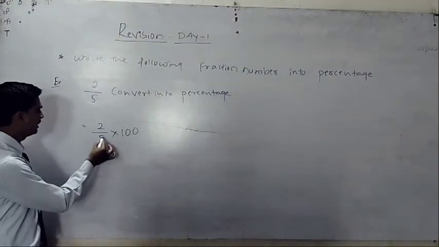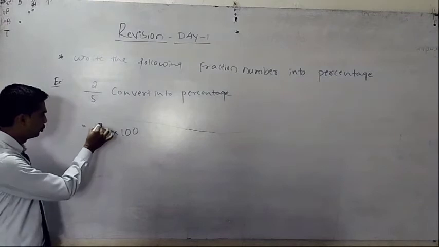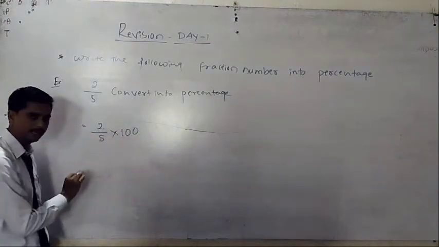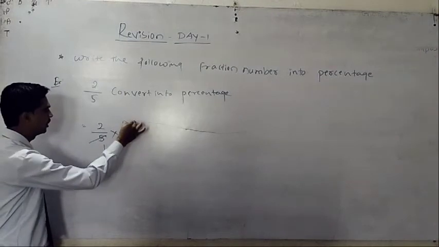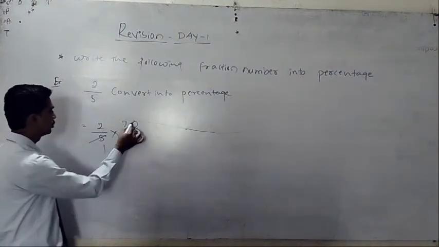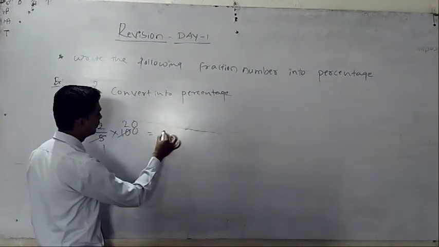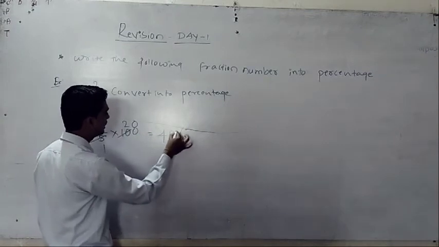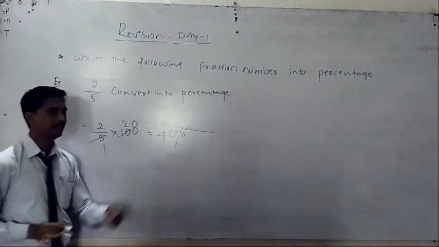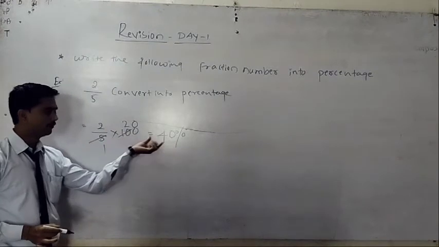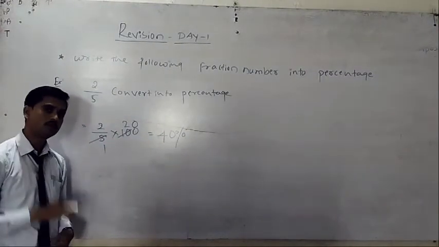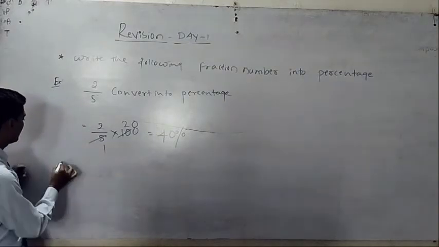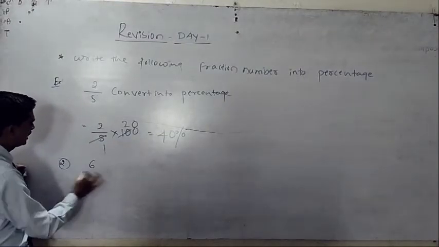Then you have to cancel it. 2 by 5 into 100 is there. 5 ones are 5, 5 twos are 10. The 0 directly went there. It is 20, 20 twos are 40. Then put the symbol of percentage. 2 by 5 converted to percentage means it is 40 percentage. How much? 40 percentage. Then second one, 6 by